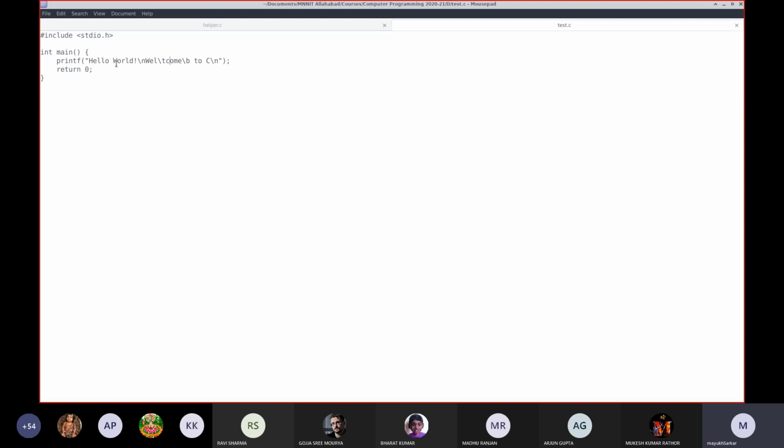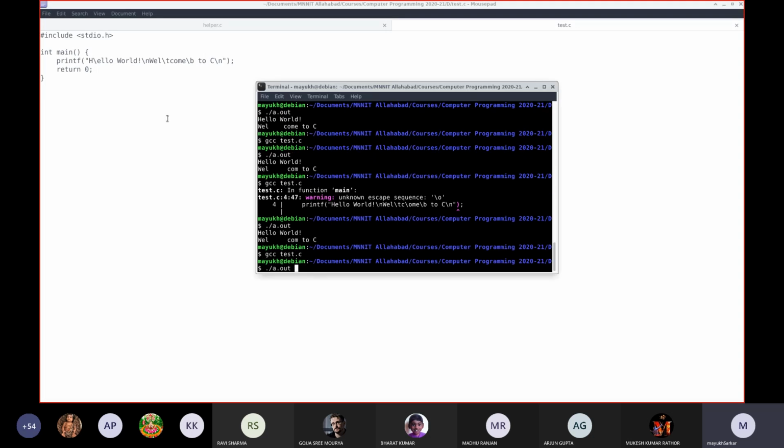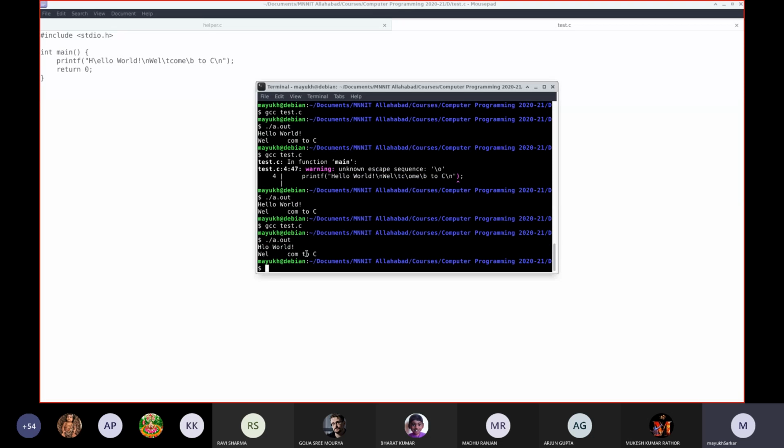Whereas before other characters like \e, it may carry some meaning. As you can see, there is no warning generated, so \e carries some meaning as an escape sequence, which is not much used.